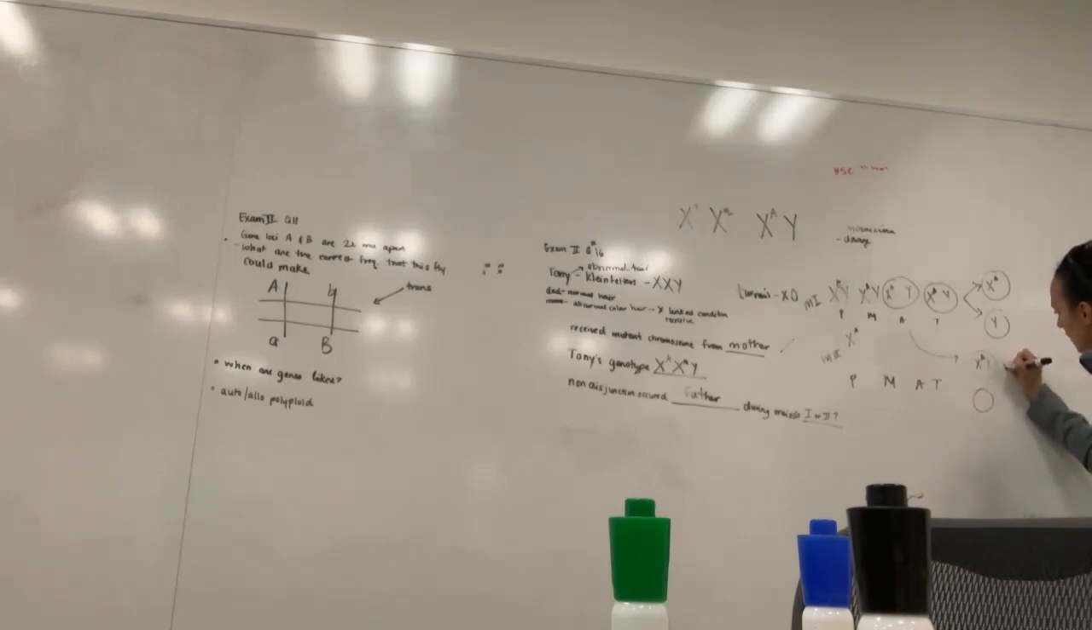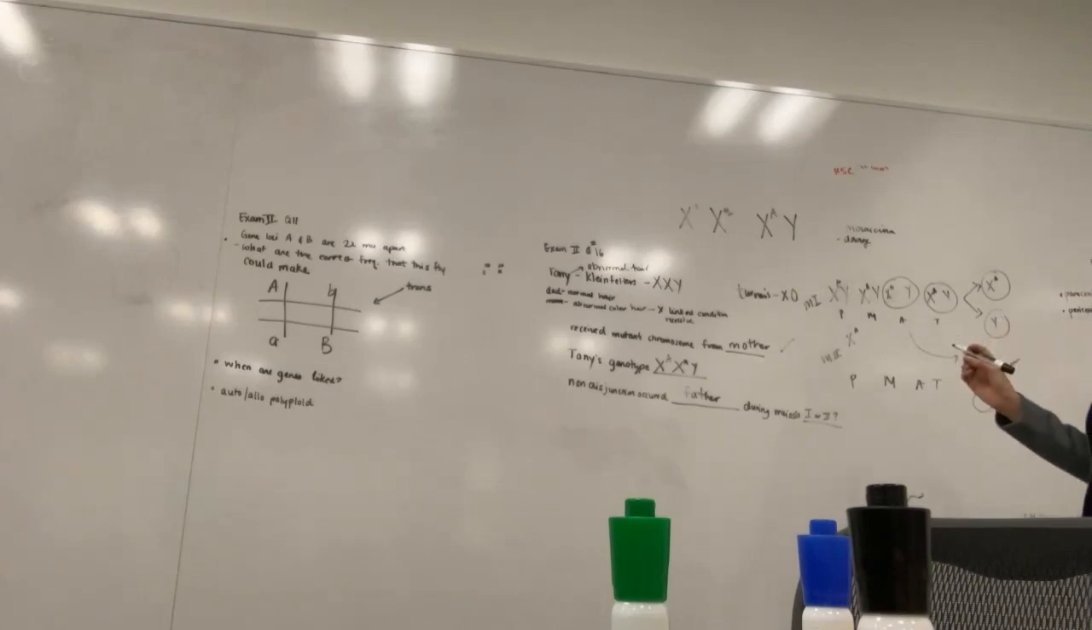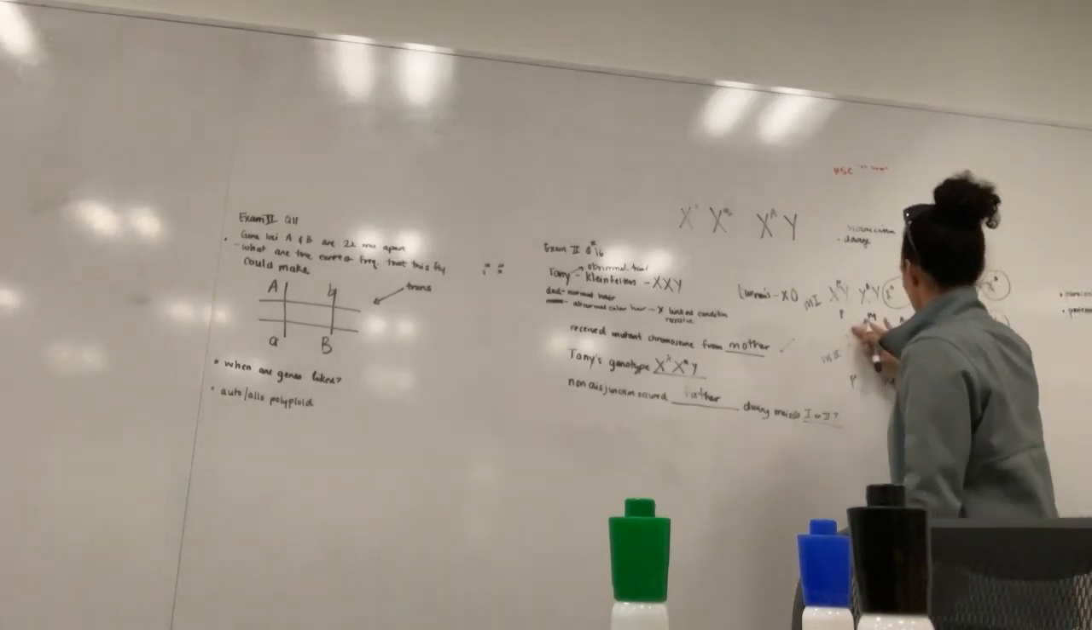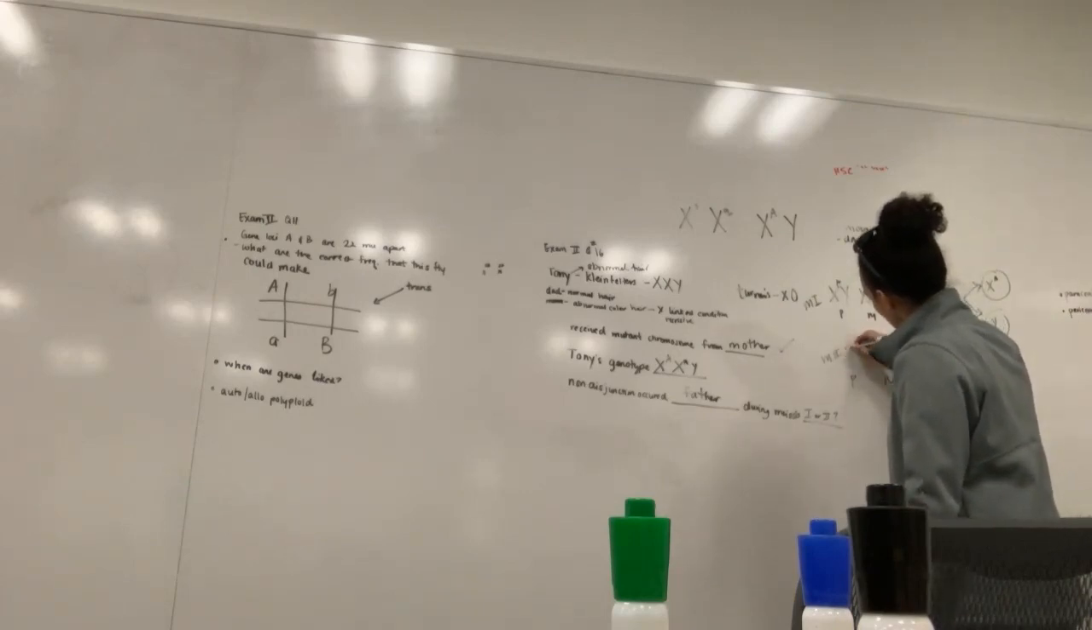So that is a possibility. Now we need to see if it can also happen in meiosis two, at which point we don't have a duplication of Y, so there really is no need to go through Y. So we have X, A,